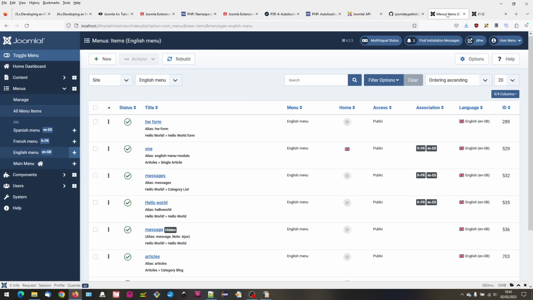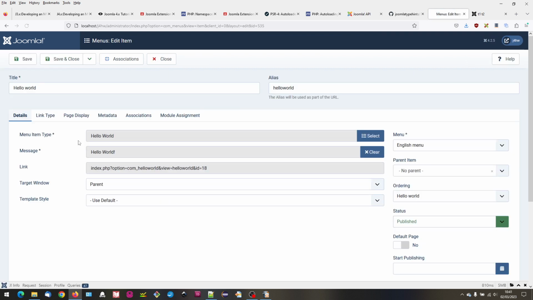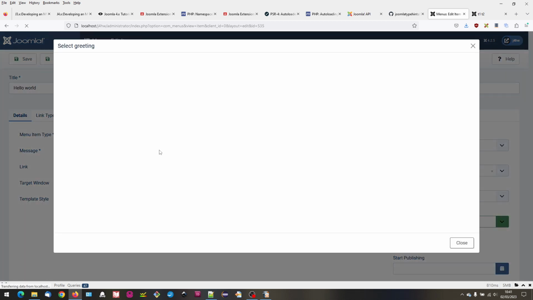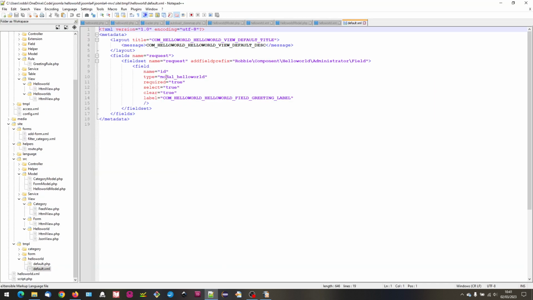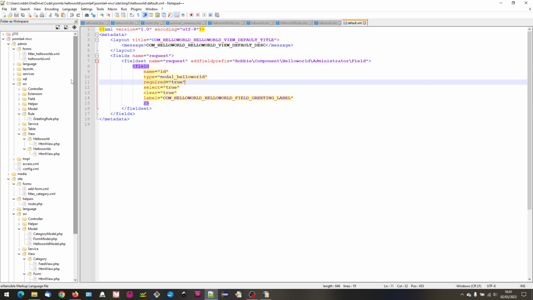So just to remind you, whenever we create a Hello World record, this is the menu, and we're selecting a Hello World record here, and this field here is generated by this field here, which is the modal Hello World field. But because this is in our own directory area, we need to tell Joomla,